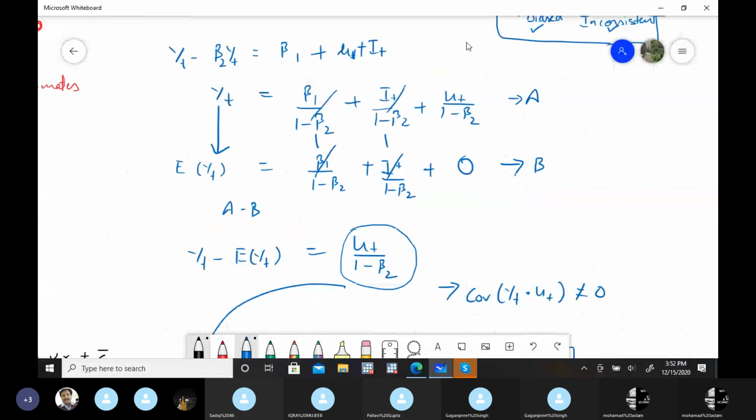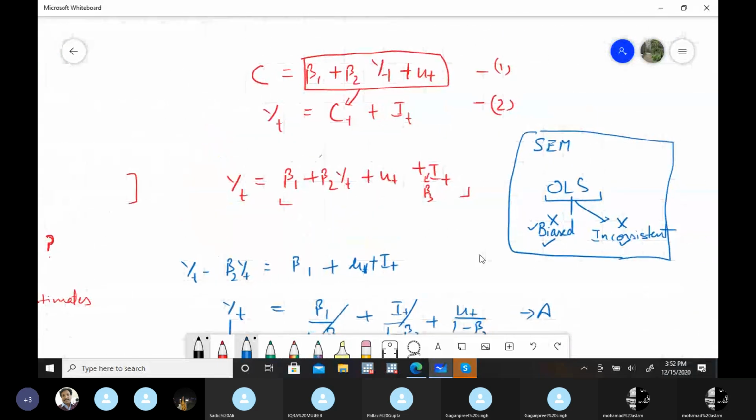So we need unbiased results. This is the major problem with the simultaneous equation models if we simply run the regression by incorporating those simultaneous equations. So first we need a solution to this part as well, that we need results unbiased and consistent, because that's the property of OLS and that's the desirable property. And for that we were applying the OLS methodology.